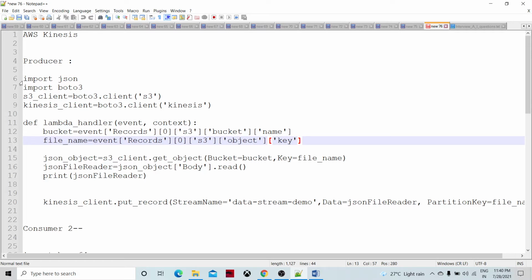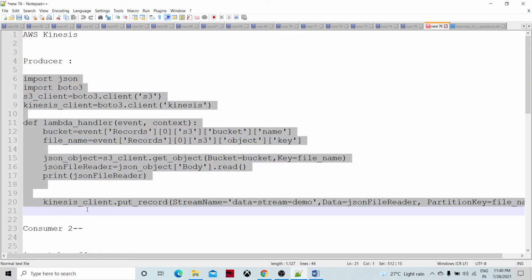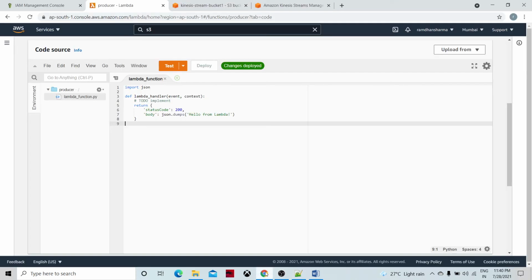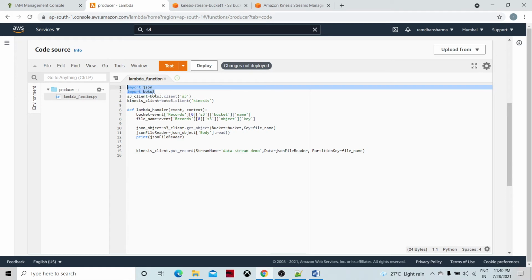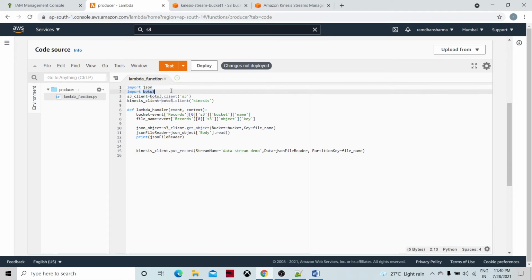I have one function created already. Let me explain this actually. Basically, what we are going to do is import Boto3. You may probably know that Boto3 is the Python SDK for AWS. So whatever object under AWS, like an S3 bucket, a Kinesis stream, a DynamoDB object, or Lambda functions, we could create using Boto3. We call boto3.client and give the name of the service, so that will create that kind of object.